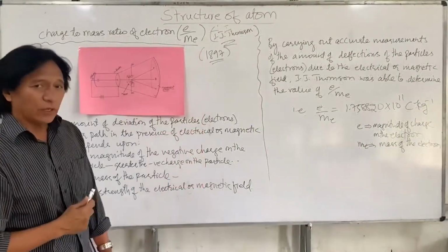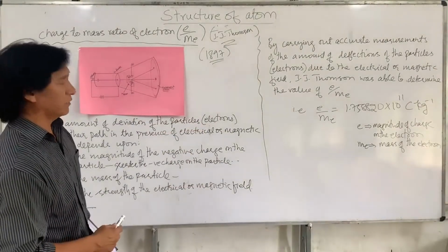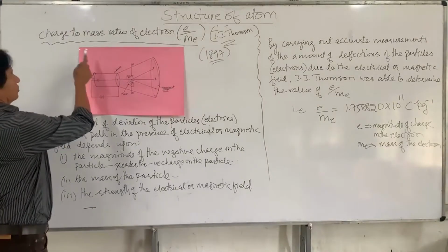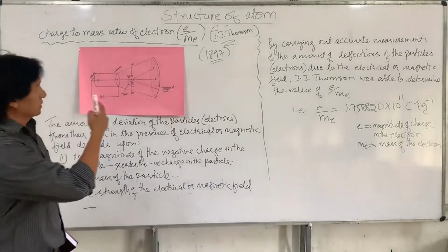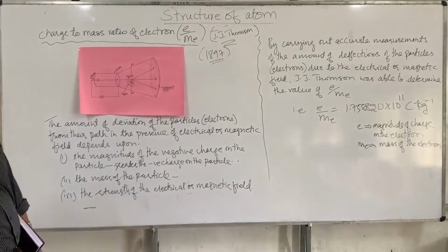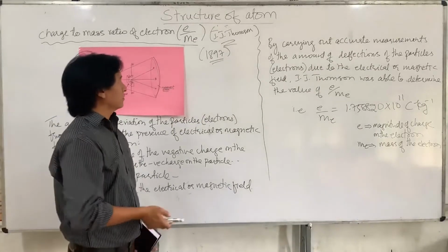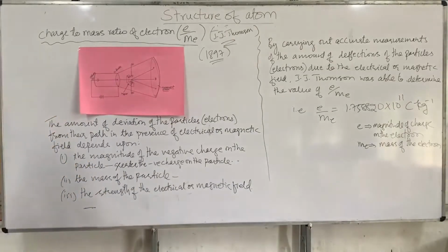So next, we are now going to move on to something very interesting and also very important, and that is the charge to mass ratio of an electron. It is denoted by e/m_e. Now, this experiment was in fact done by J.J. Thomson sometime back in 1897. So now, in this experiment,